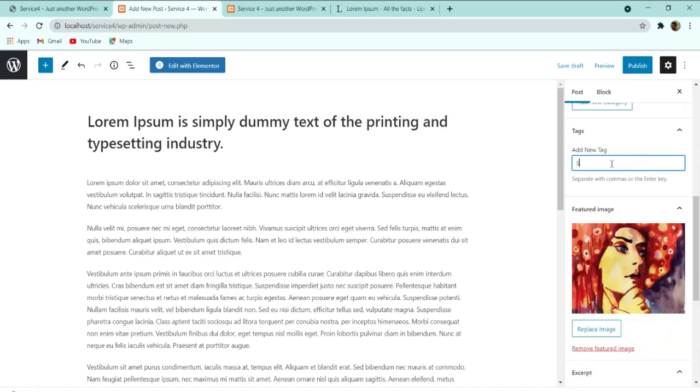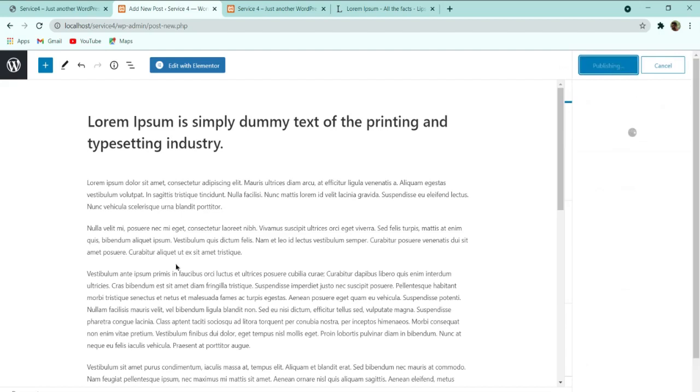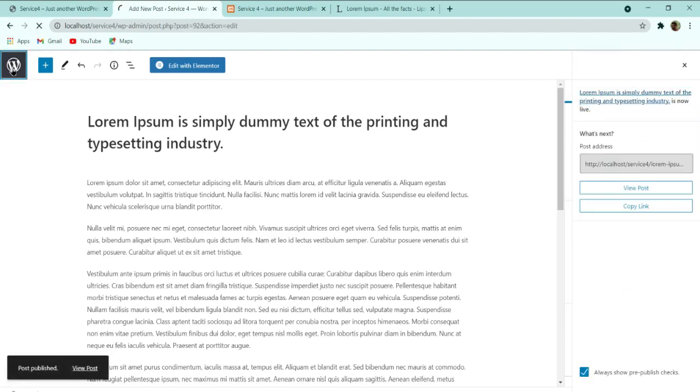Similarly here you can give any tag, scenery, camera, okay, then you can give it photography, anything you can give. After that, simply click on publish, and then go back.